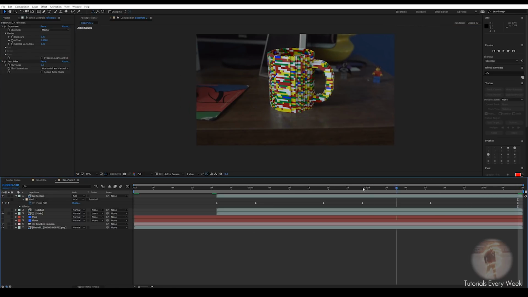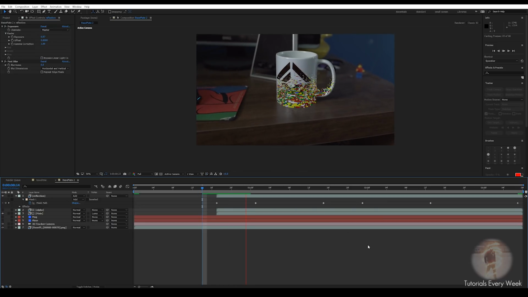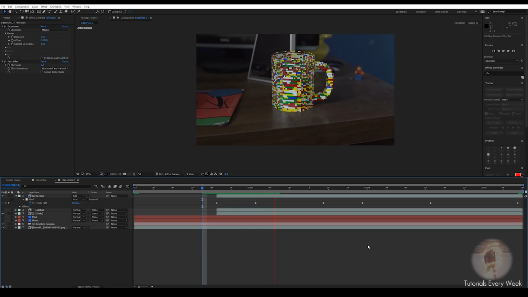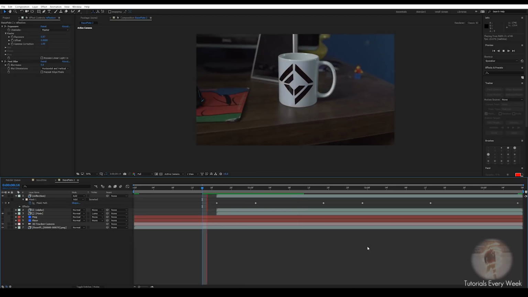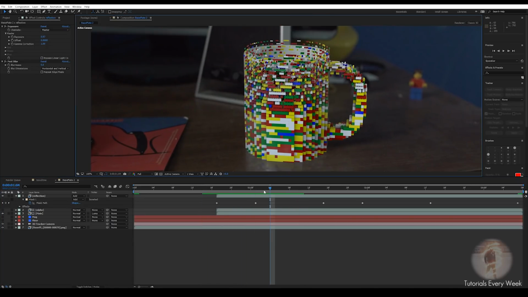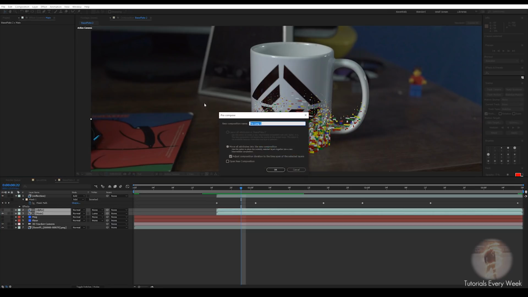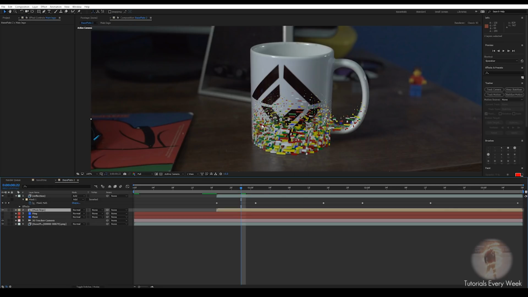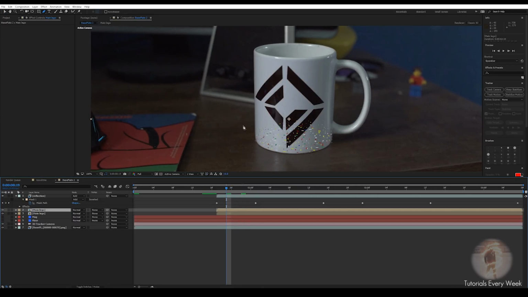Now you can see that we have the Lego building up and then blocking down. Alright. That little animation, what we want to do is we want to get the main and the alpha, right click, pre-compose, and name this main Lego. Duplicate it, and I want to create a mask kind of just on the top part, so when the animation starts,